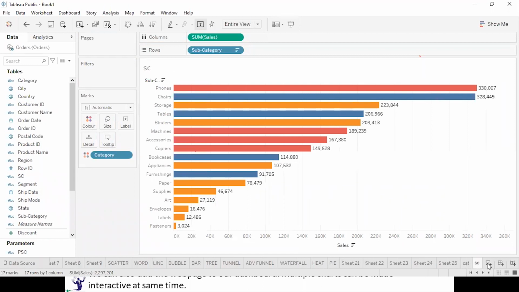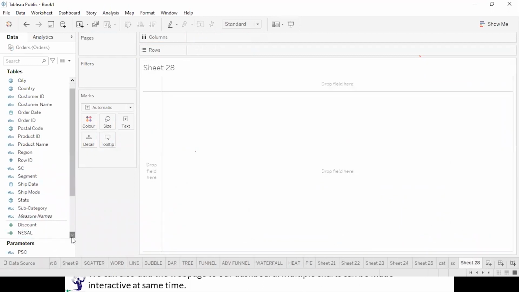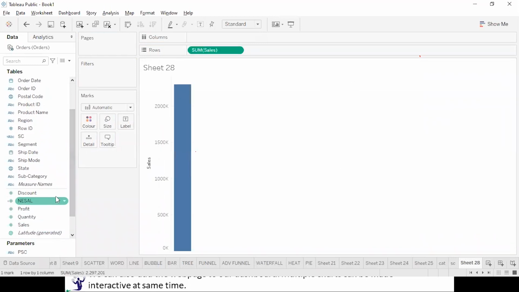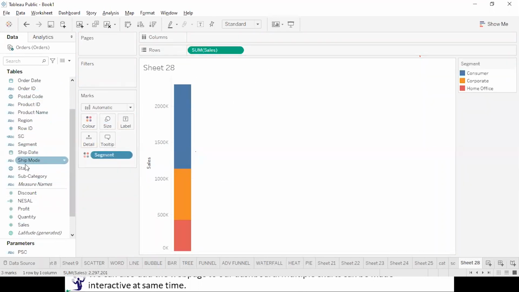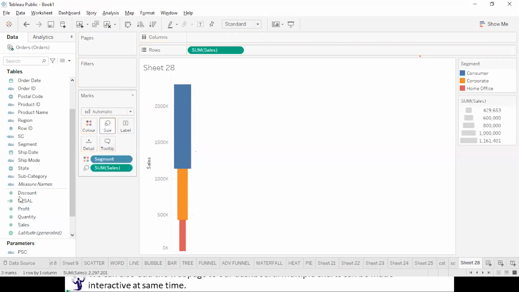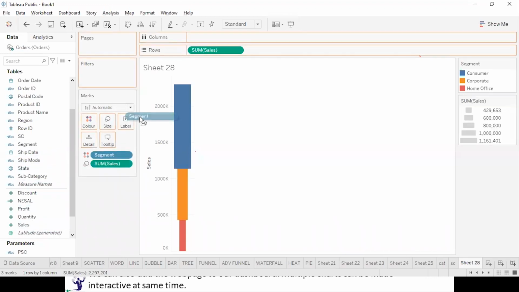Let us take another one where I would like to display the sales. Sales on the basis of, let's take segment this time, and I would like to put the segment into the color, and sales into the size. I would like to put the segment into the label, and sales also into the label.